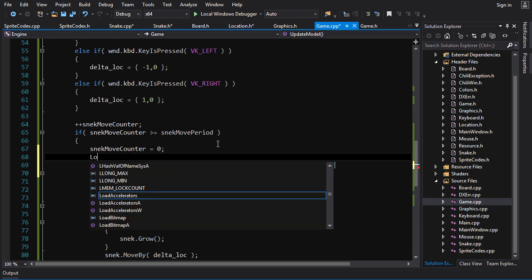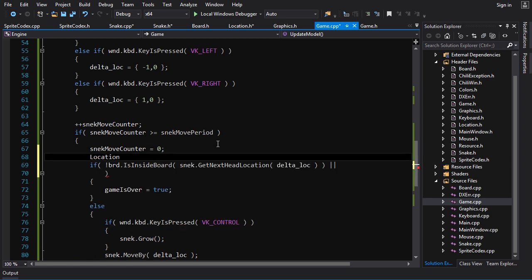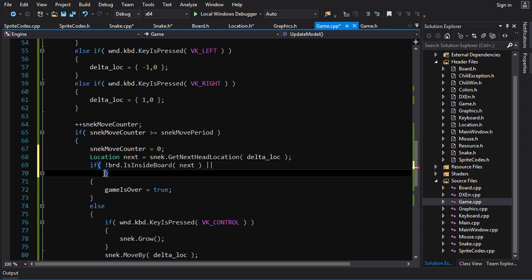Let's go location next is equal to get next location, and then here we'll use that. So if not inside board, or if snake dot is inside tile next,